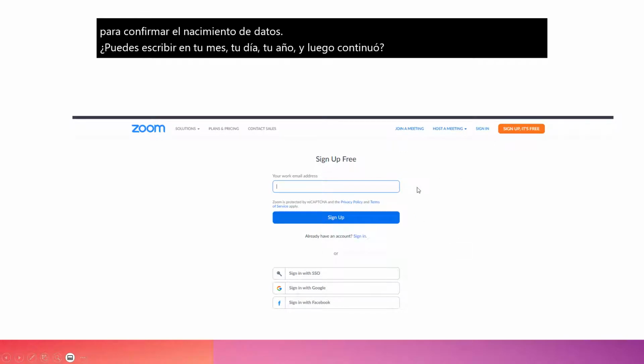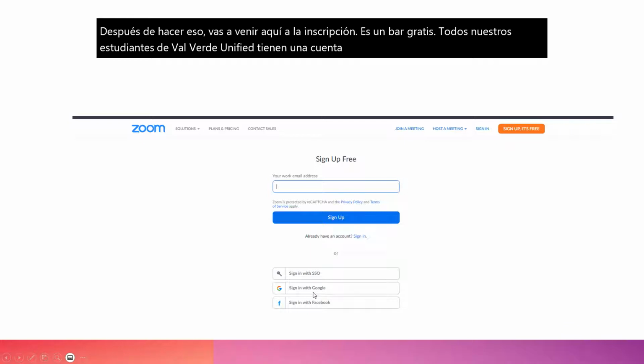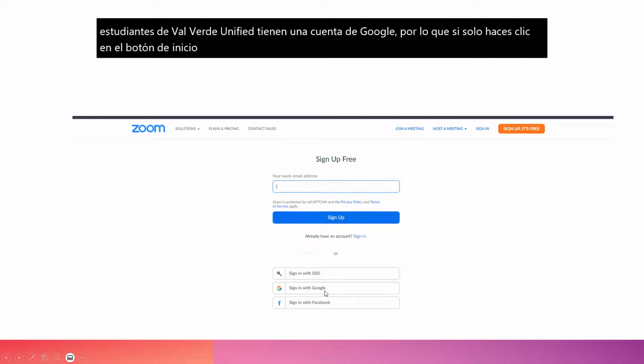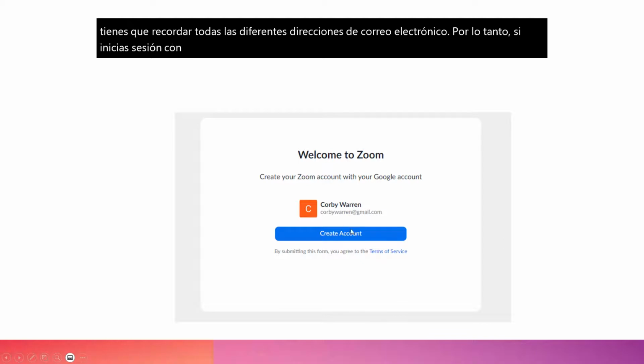After you do that, you're going to come up here to the sign up, it's free bar. All of our students at Val Verde Unified have a Google account. So if you just click the sign in with Google, it will actually be a whole lot easier for you. That way you don't have to remember all the different email addresses. So if you sign in with Google, enter your student's Google information. So as you can see here is my Google information,